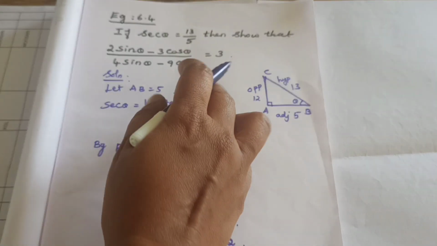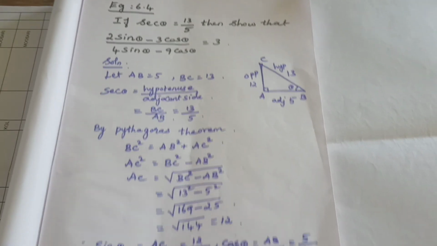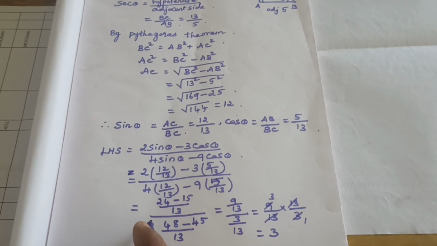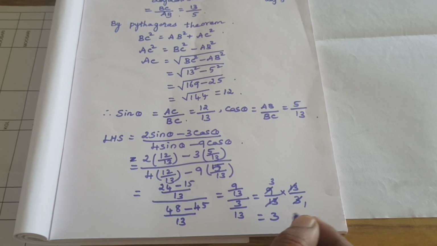Right hand side, did you get? You have to bring the answer, which is 3. Correct? And therefore we got the right hand side. This is equal to what? Right hand side answer we got. Any doubt? Have you understood?